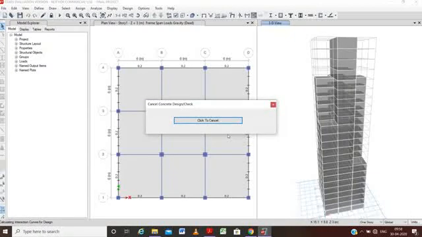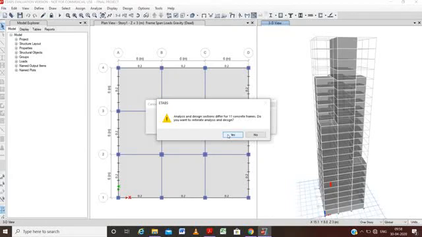Here we can see the design is now running, as you can watch on the right side in the 3D view. Here you can see that analysis and design sections differ for 11 frames.